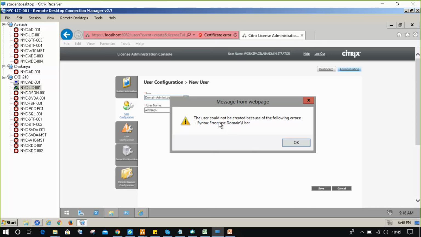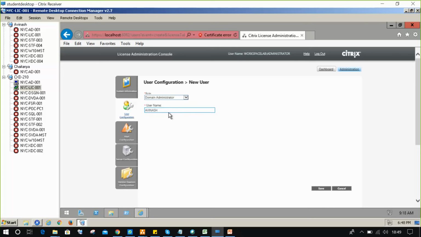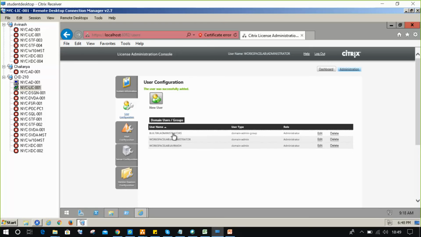The user could not be contacted, so we might have to provide the domain name as well. What is your domain name? Workspace lab. Click save. Automatically the user will be added as an administrator of the license server.